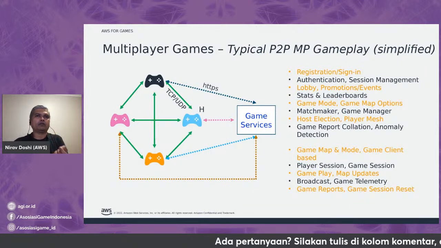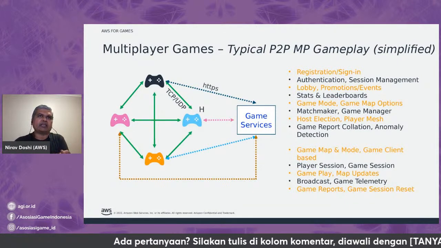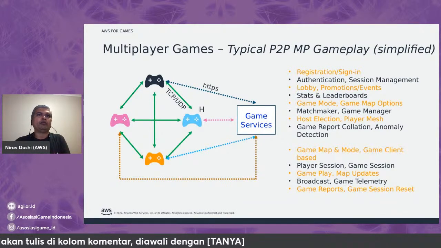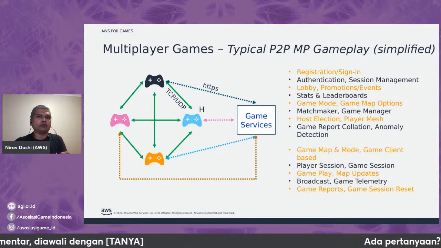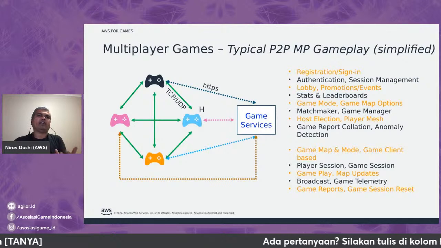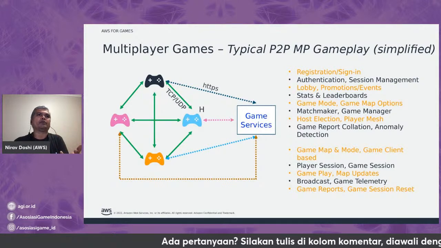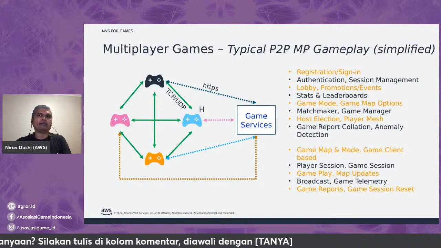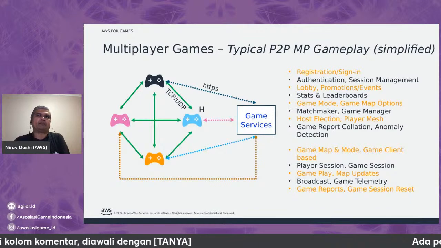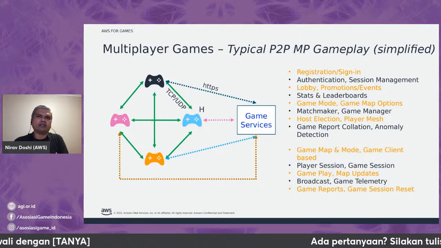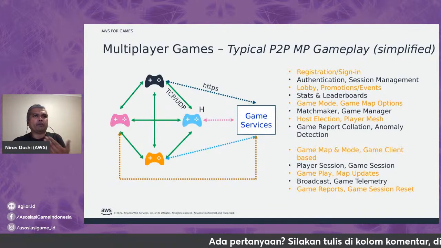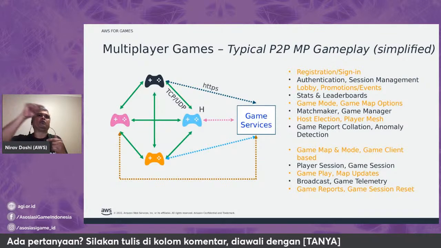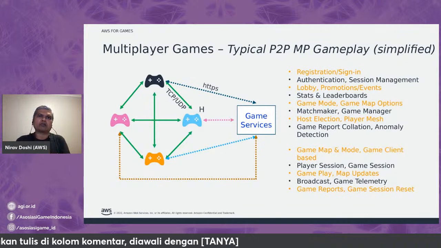This is when there is a host who gets elected, and let's take an example of the blue device here. If that blue device is the host, the blue device will now initiate a connection to black, to orange, and to pink. Same way, each of these will now create a peer-to-peer direct connection with all the other players in that game, and then they will proceed in the game. This is where their player session, their game map, game sessions, everything gets created, gameplay is initiated, their maps are updated, they would be broadcast. So any changes done by the blue will also be visible to black, pink, and yellow. That's how a broadcast would work.